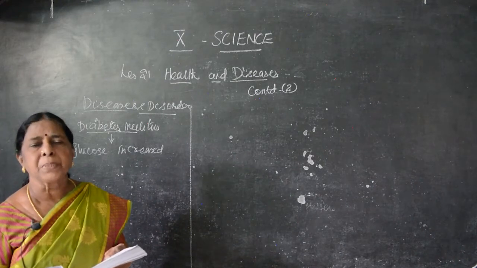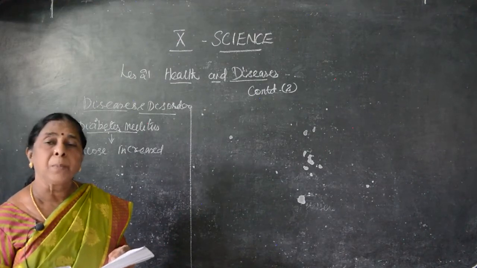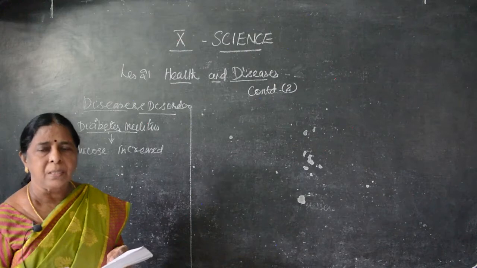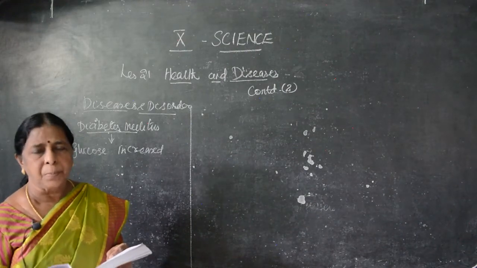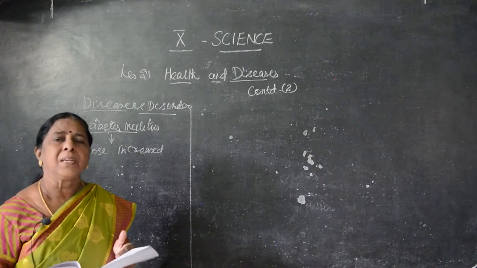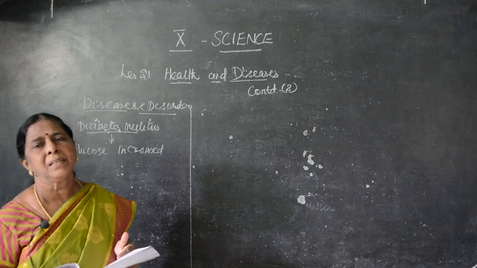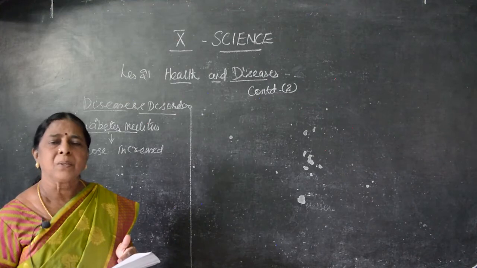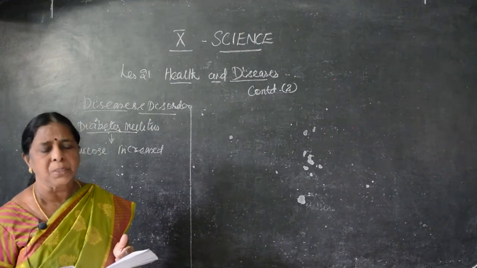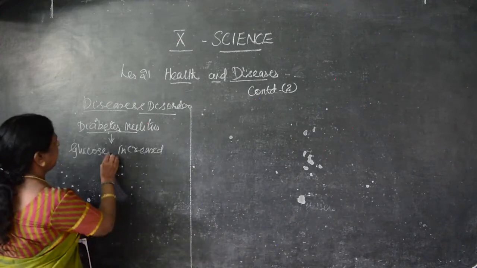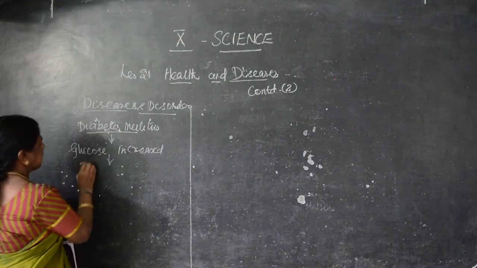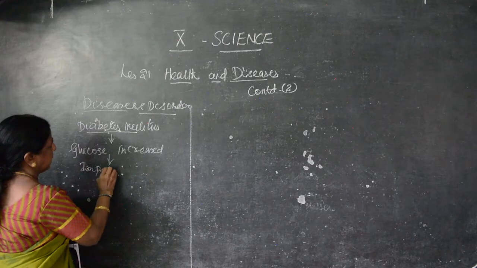If there is improper secretion of insulin or more amount of secretion of insulin, that may cause diabetes mellitus. Either it is less or more. It should be normal. The body needs insulin secreted to that level, and then there is no disease. Less is a problem, and more is also a problem. Okay? So we'll see, this is glucose because of improper secretion of insulin.